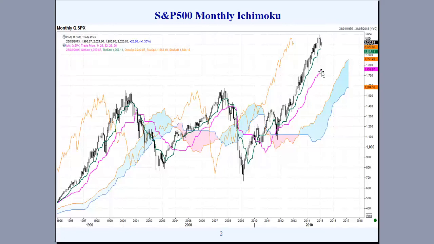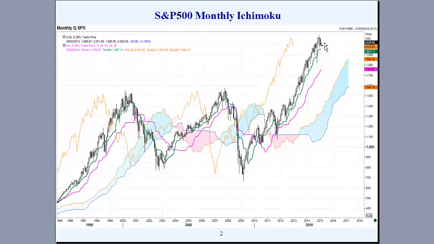But a good test of the S&P 500 in the longer term perspective will be the Tenkan-sen indicator, currently trading at 1957, and if we see a bearish close down below there, we will then need to watch the Kijun-sen trading at 1759. Now that is a fair way away, so perhaps if we do then see eventually the breakout down below there, the warning is going to be a little bit late. We can't perfectly time based on these monthly charts, but still the warning will be there, and we'll have something of a warning if we breach the Tenkan-sen, and then a much more significant warning if we breach the Kijun-sen.